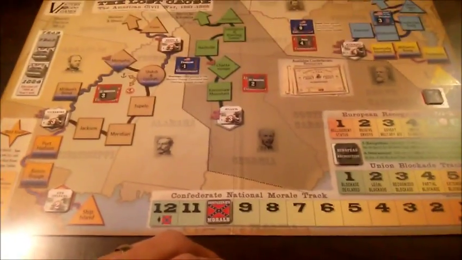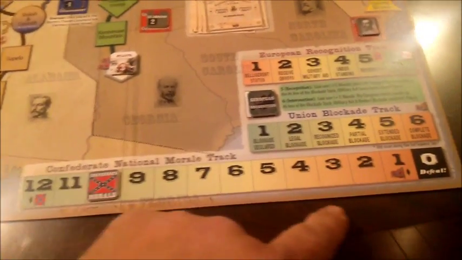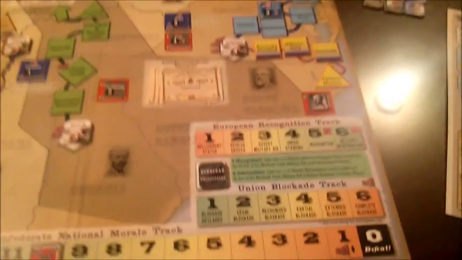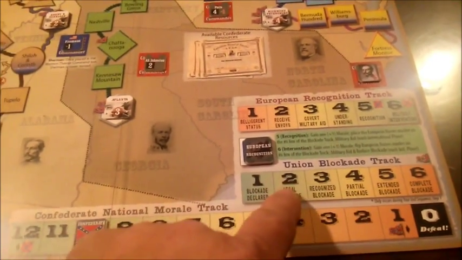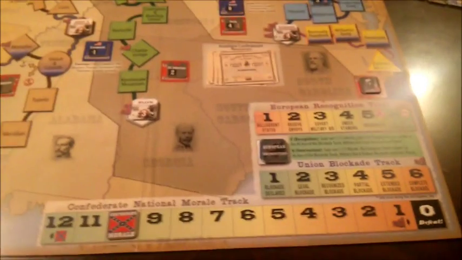As Confederate player, you want to avoid the Confederate morale going all the way down to 0 on this track, which means immediate defeat for the Confederacy. And at the same time, you want to keep this Union blockade track, which starts on 0, along with the European recognition track. They both start on 0, but you want to keep the Union blockade track down as far as possible, while increasing the European recognition track. You'll get some resources from that. So we're going to start in 1861